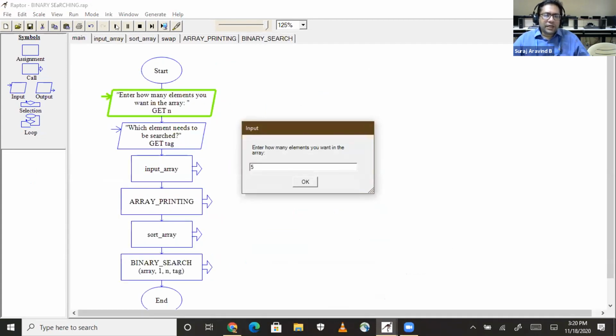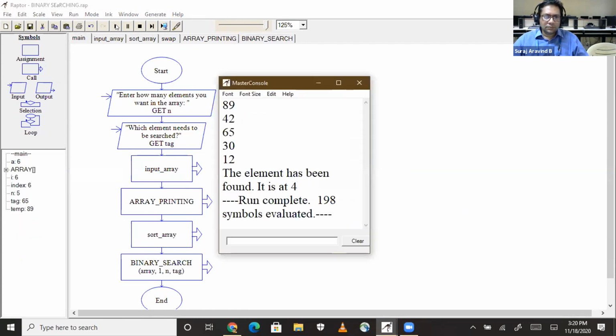Your wish, you can take any number of elements. So, which is the element you are searching for? 65.